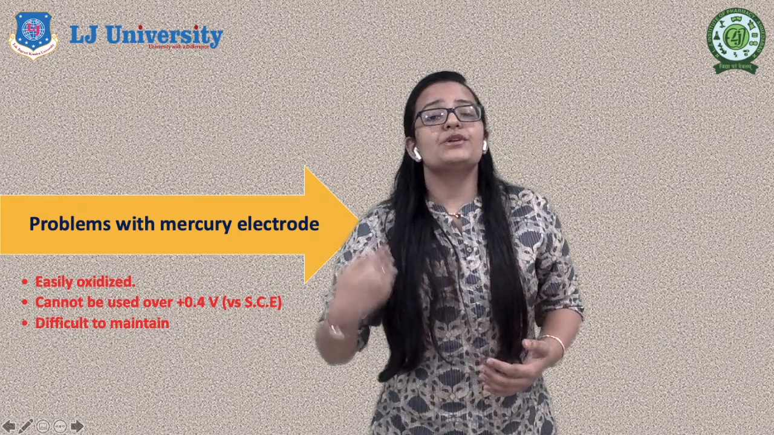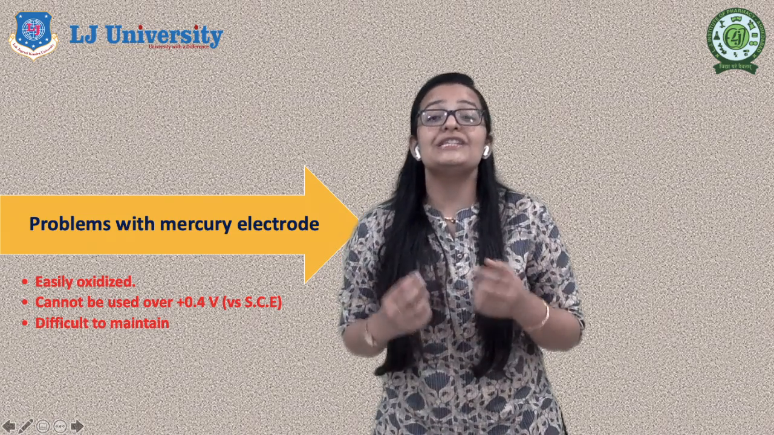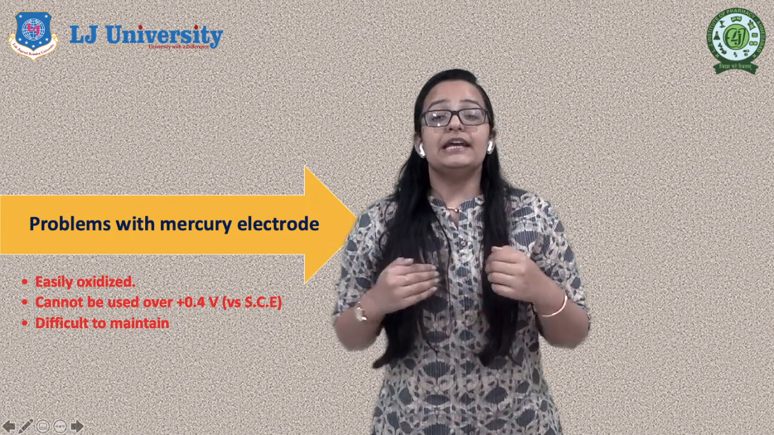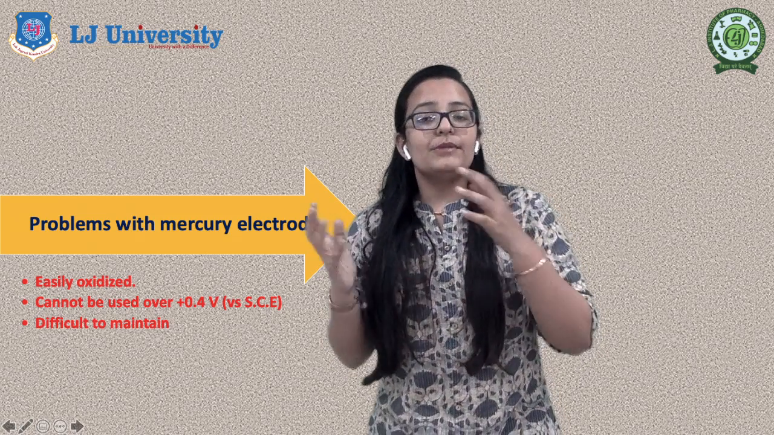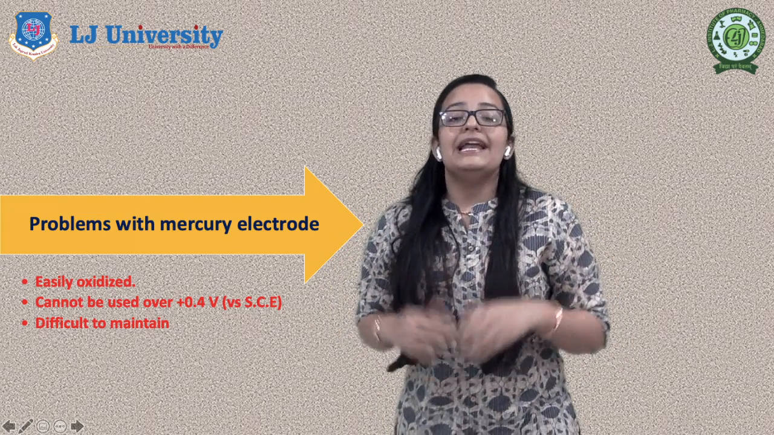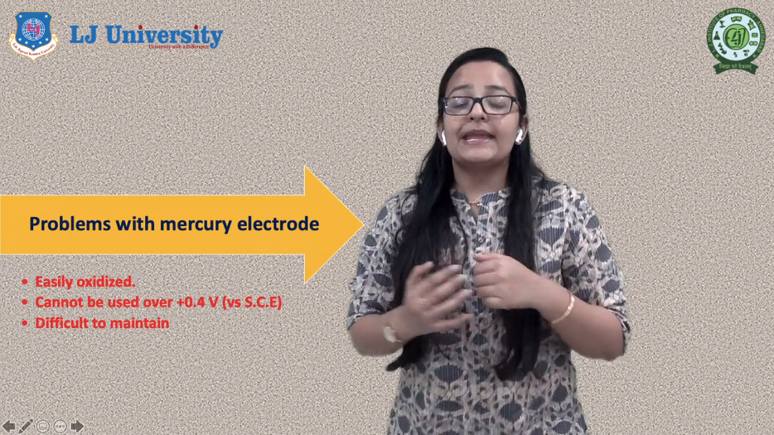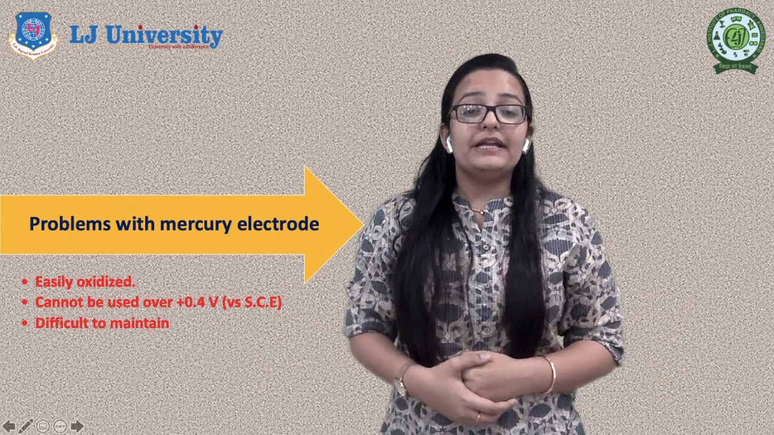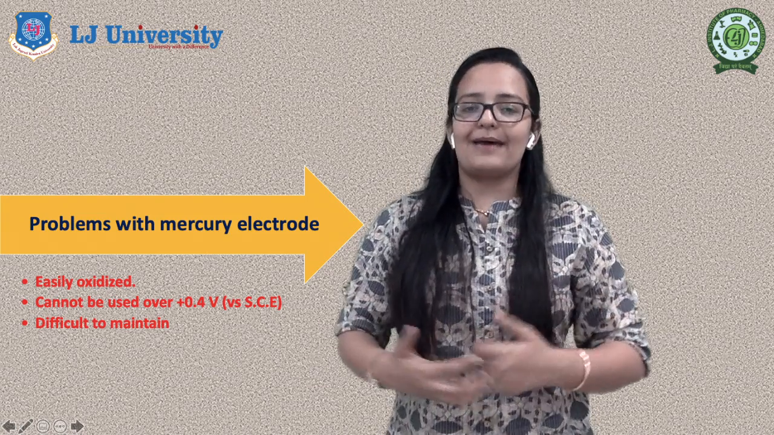A mercury electrode is not very useful for performing oxidations because mercury is too easily oxidized. The electrode cannot be used above plus 0.4 volts because mercury dissolves and an anodic wave is recorded. Below minus 1.8 volts, hydrogen is liberated. The capillary is difficult to maintain since dust or other particulate matter can block the